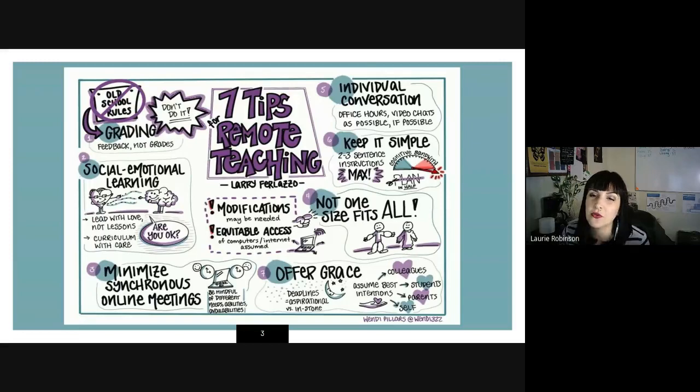And so I would really recommend that, knowing that you're not going to be there to be that guiding presence to a lot of your students when they are digesting some of your directions and information, it's not even so much about keeping it simple. Like right here, it says 2 to 3 sentences max, but that might not be enough. I think what helps to determine how much direction is too much direction, and knowing how to strike that balance,